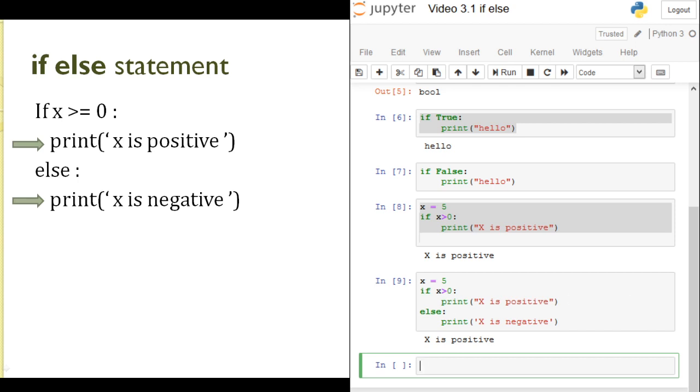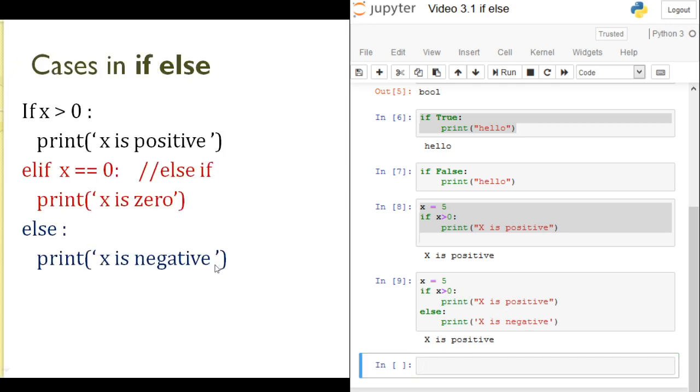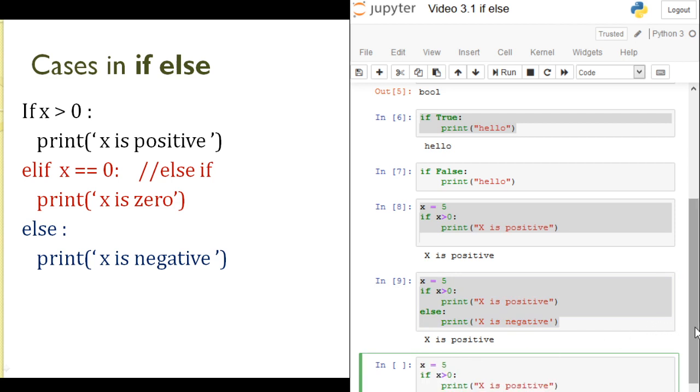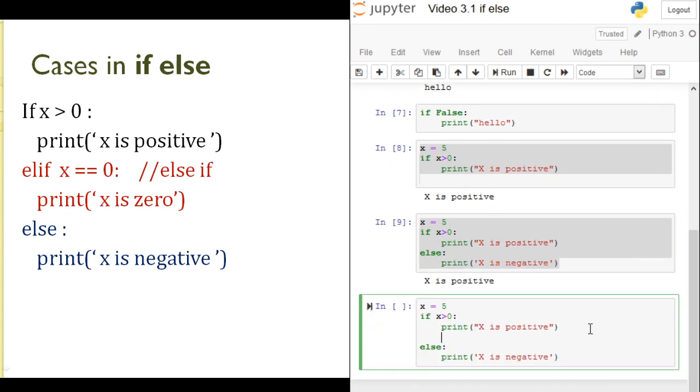Okay, what will happen if I want to represent another condition which says x is neither positive nor negative, x is basically 0? Here we need to put another condition, and instead of using else if, in Python there is another keyword named elif, which is a combination of else if. Let's see how it works. Put a similar condition, and I'm going to use the third one here, enter, and please focus on the indentation here.